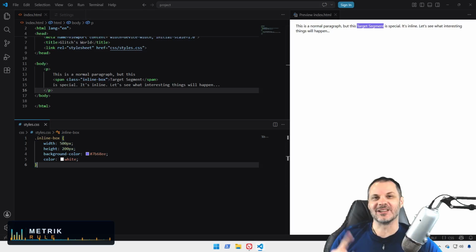Rule number 1 of inline elements. They ignore width and height properties completely. They take up exactly as much space as their content needs, and not a pixel more. They ignore my direct instructions. That is a blatant insubordination. CSS is letting these elements just do whatever they want. It's by design. If a span in the middle of a sentence suddenly becomes 500 pixels, the whole line would